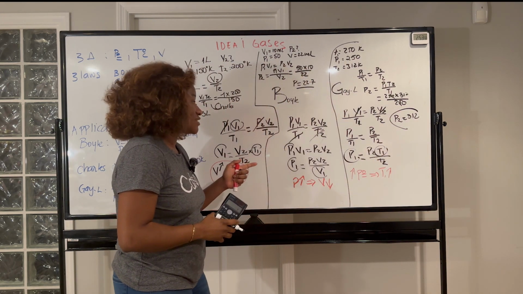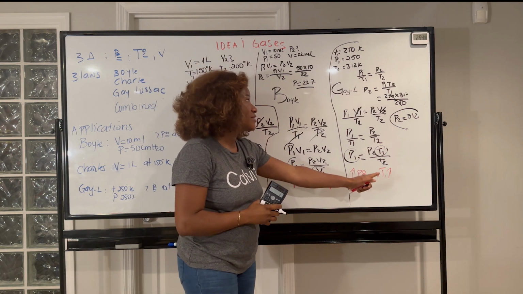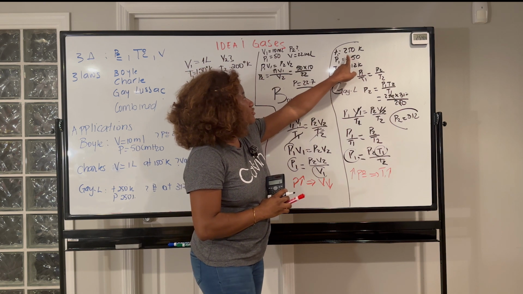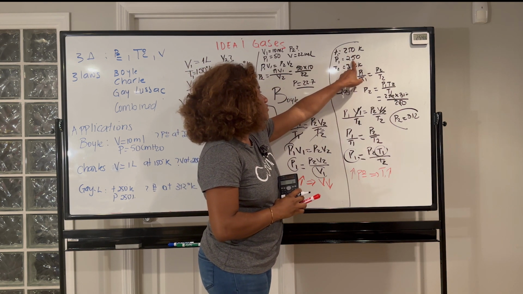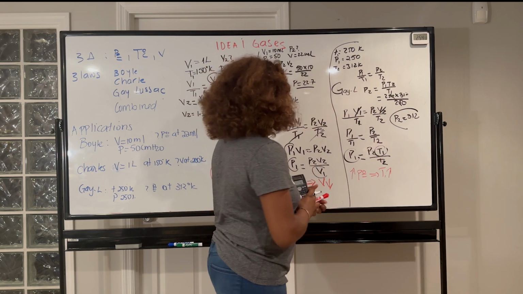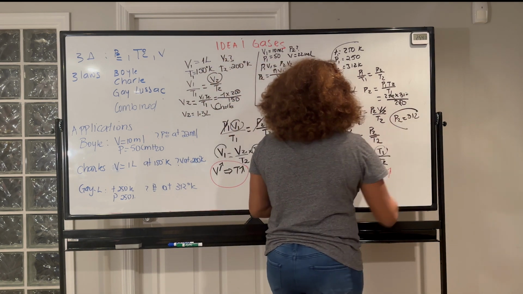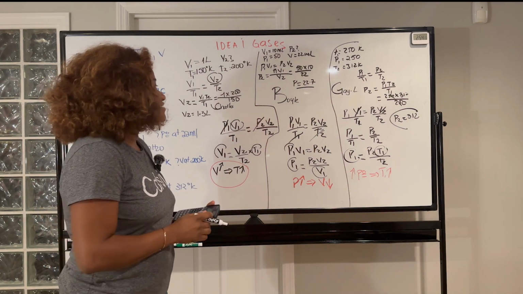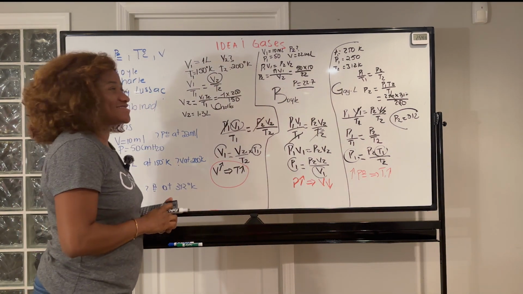According to Gay-Lussac's law, as pressure increases, temperature increases. So here we have a temperature of 250 and a pressure of 250, and now we have a temperature of 312 and a pressure of 312. So they match together, and that's just the trick and the tip I was going to share